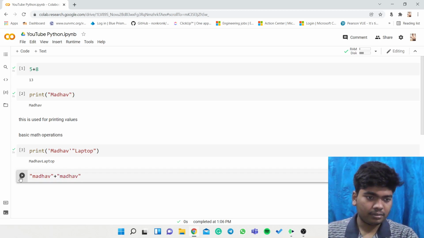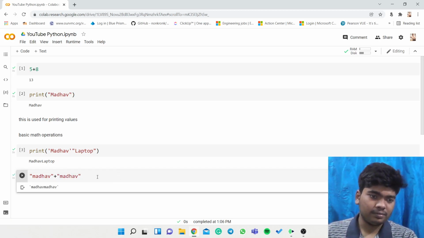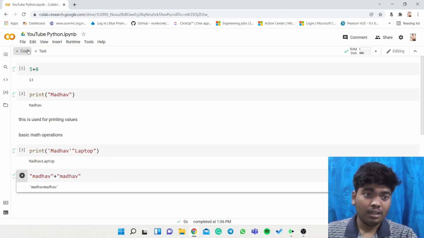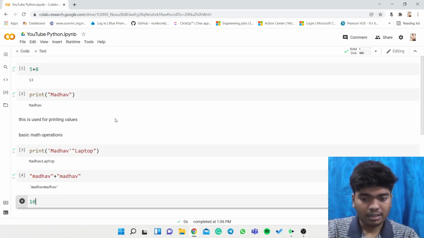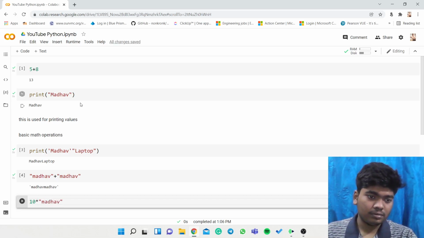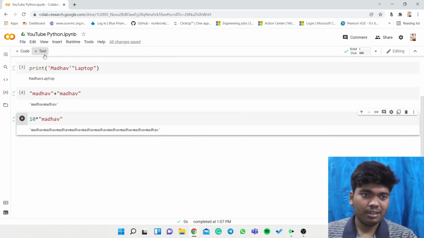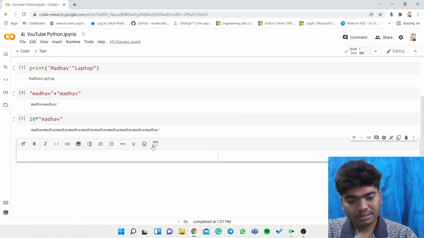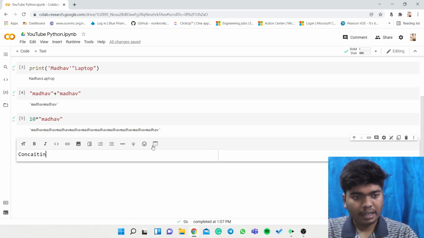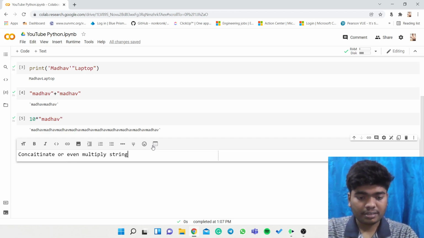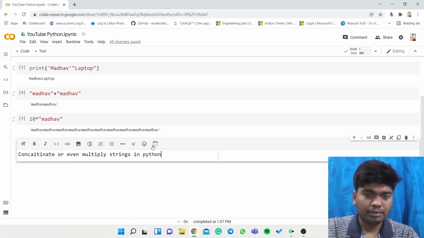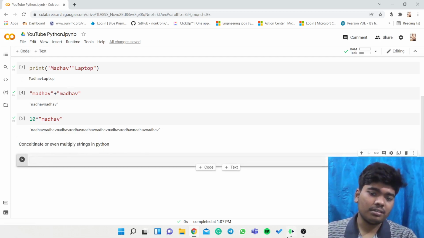Madhav plus Madhav gives me Madhav Madhav. Even we can do it like this, 10 into Madhav. It will print Madhav 10 times. So we can concatenate or even multiply strings in Python.